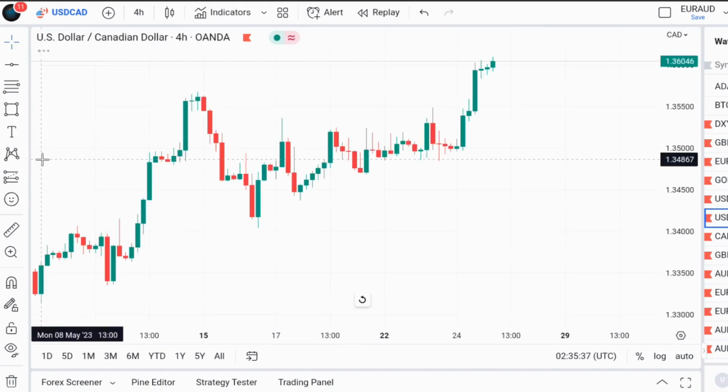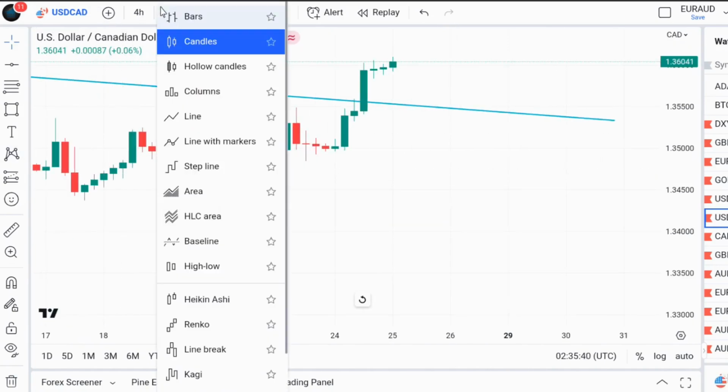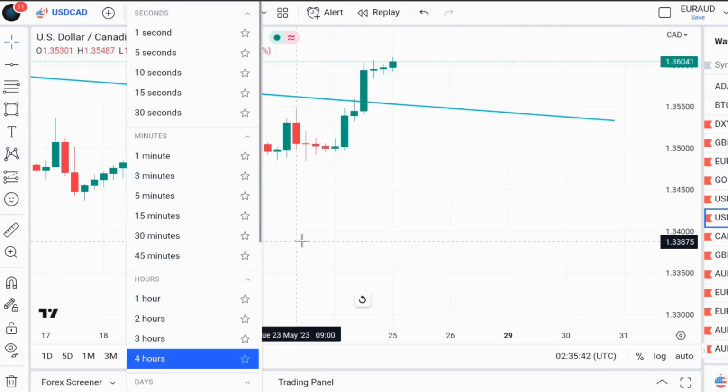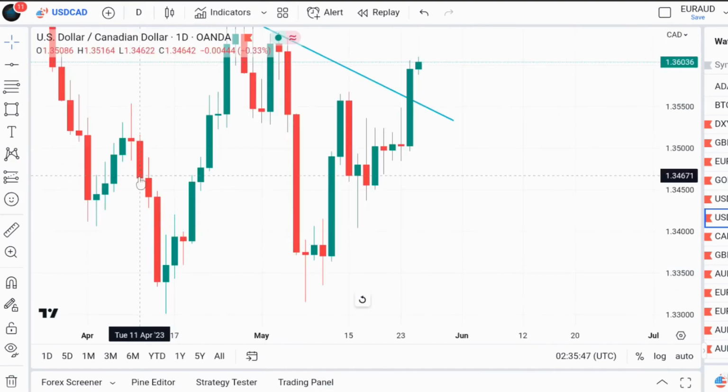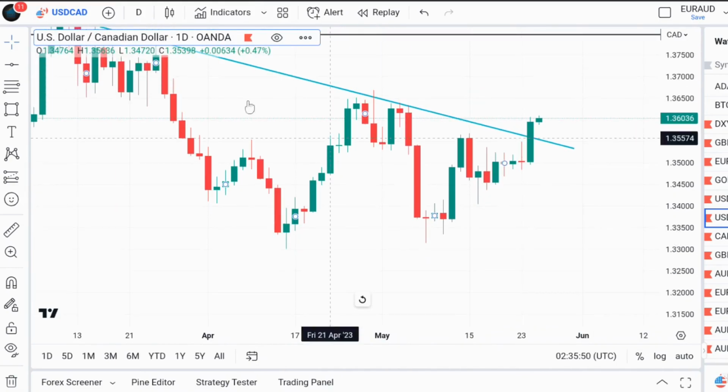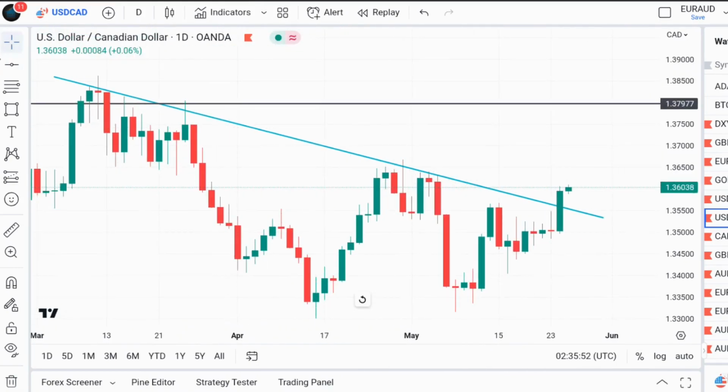So let's check out US dollar CAD. US dollar CAD, there's a breakout of that level that we did on the weekly Forex forecast. So let's zoom it further. As you can see,